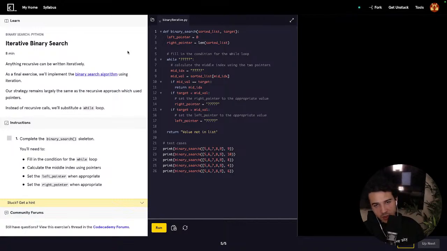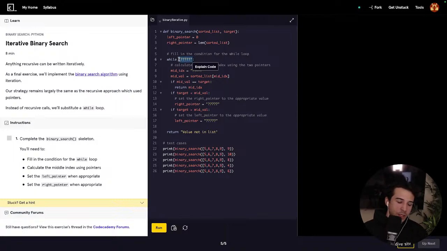So we take in a sorted list and a target. Left pointer is equal to 0. Right pointer is equal to length of sorted list. While... I guess while something's in the sorted list, right? So while sorted list,